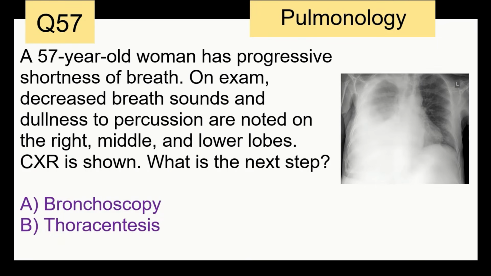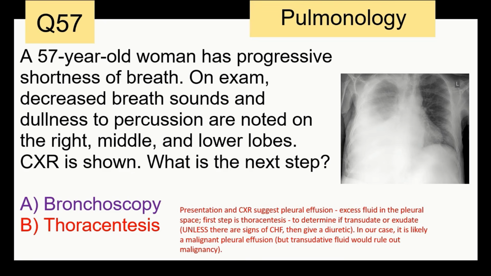57, a 57-year-old woman has progressive shortness of breath. On exam, decreased breath sounds and dullness to percussion are noted on the right middle and lower lobes. Here we see the chest x-ray. What's the next step? With all the fluid, we want to get a thoracentesis. Here we have a pleural effusion, and the first step is always thoracentesis to determine if it's transudative or exudative. And just a hint, unless there are signs of chronic heart failure,